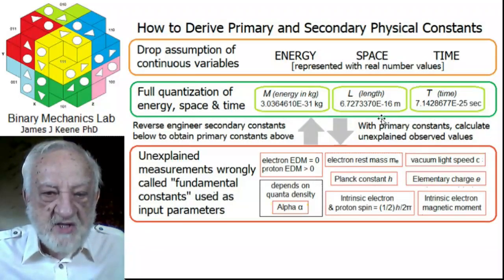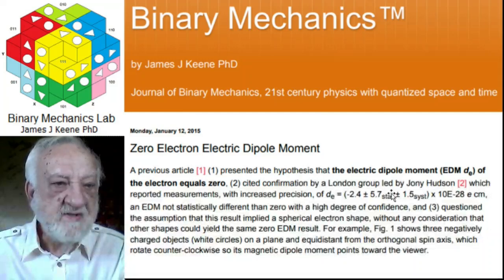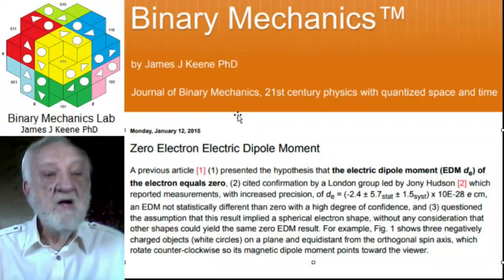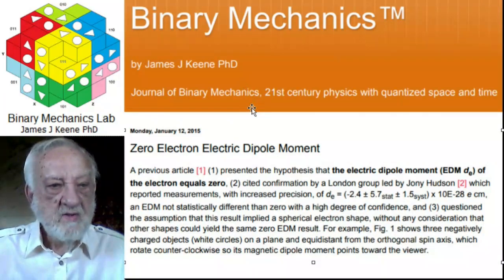Let's look at this quest in a little bit of detail. A series of papers document this second quest. We can do a quick walkthrough of the papers published in the Journal of Binary Mechanics, which establish